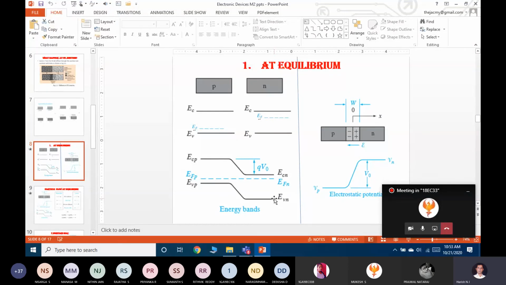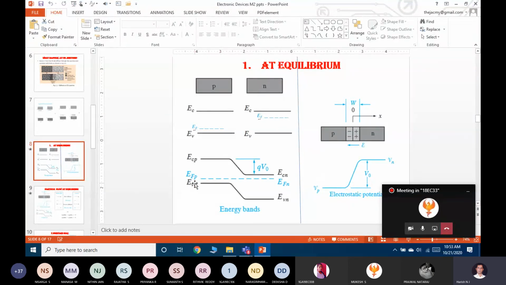Okay, that's fine. My question is, when you are joining the p block and n block together to form a p-n junction diode, now the p-n junction diode is formed, but I have not given it any biasing. At equilibrium, what does it mean? V will be equal to 0. V equal to 0 condition is what we refer to as the unbiased condition of a p-n junction diode. Yes sir. Under the unbiased condition of a p-n junction diode, now you are joining these two.